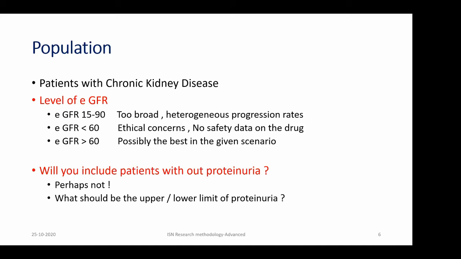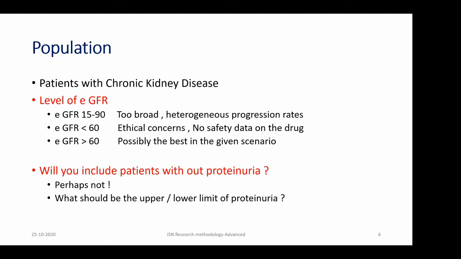But we need to carefully select those patients, because we know that those who have a moderately elevated urine albumin excretion, some of them revert back to normoalbuminuric states also. So if we are including that sort of patients, we have to ensure that they are having persistent albuminuria for a predefined period of time. So another option is you can include patients who are having proteinuria more than 300 milligram also, without including patients with moderately elevated albumin.